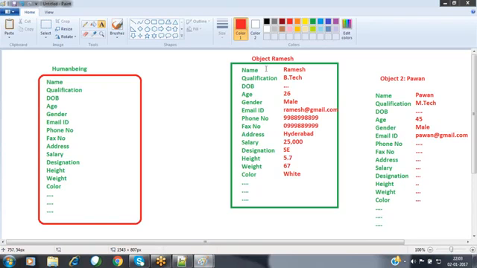Now let's see. The class is nothing but a physical entity. Why? Because the class can be visible to you, but the object cannot be visible to you. Memory has been allocated, but where is it available inside my hard disk? How the memory has been allocated, we don't know. We can't see that information here.